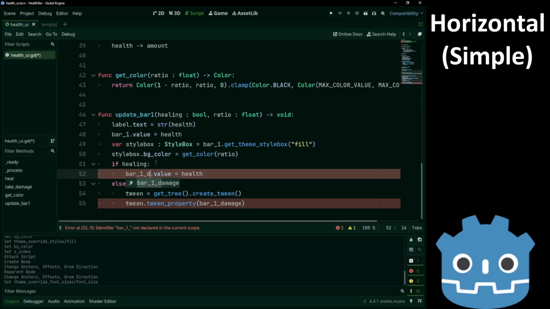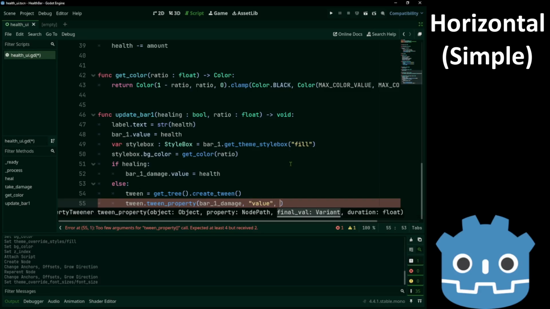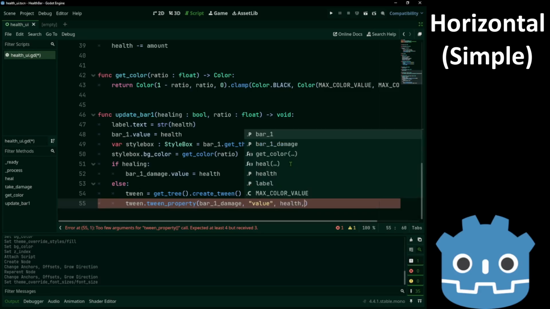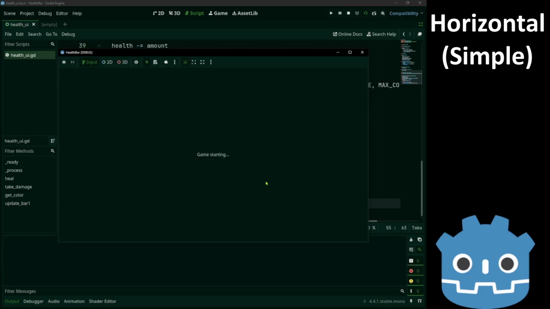Hold on, this is damage, my bad. Value, health, and duration is 1. So this will take 1 second to gradually update the bar 1 damage to our current health. Okay, let's see how this goes.